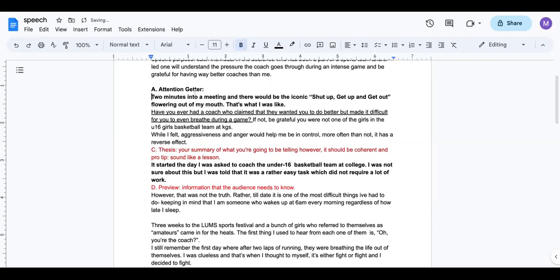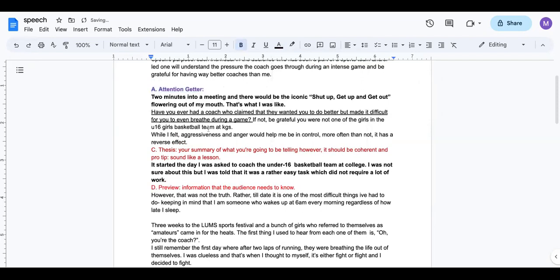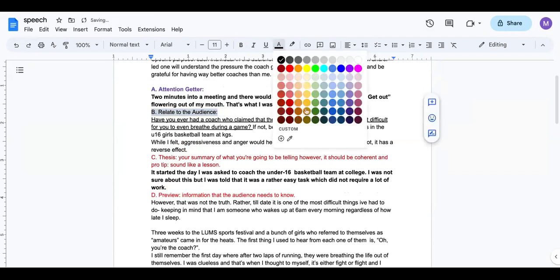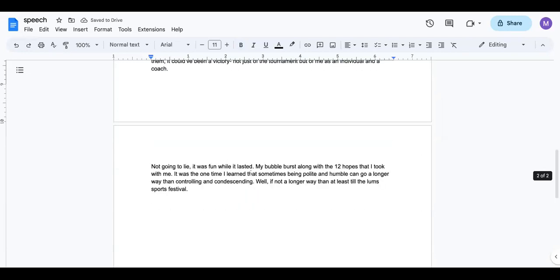Okay, so the first one is the attention getter, right? And then what would the second be again? Your second is relate to the audience. So how is this topic related to the audience? I'm just a bit confused on the thesis part. It's not really clear to me, yeah. Okay, sure. So let me just get this done, and then I'll get to the thesis. Okay, so I am going to separate instructions for thesis.